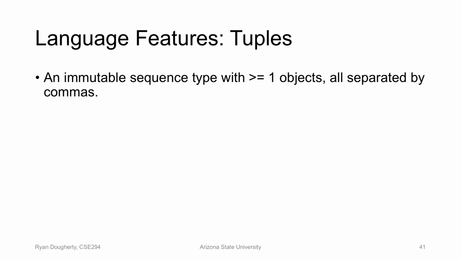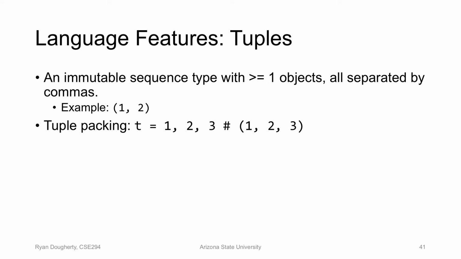Tuples, I've mentioned this before, but a tuple is just an analog of an array, of a list. The only thing different here is that the elements are immutable. So you can't change them, you can't update them, but you can access them. And they're separated by commas just like lists are. The way they're written is with parentheses. So you can do,